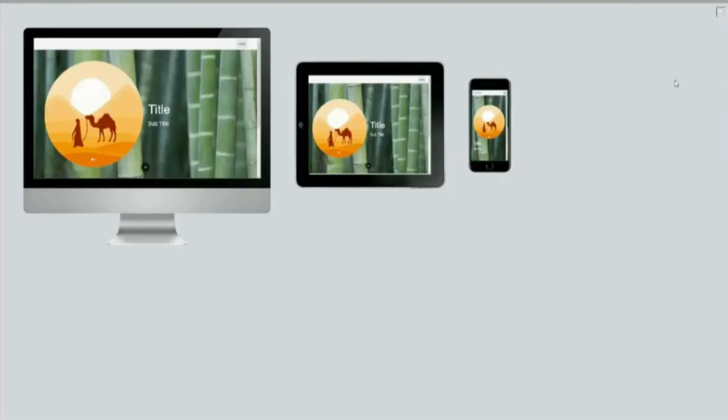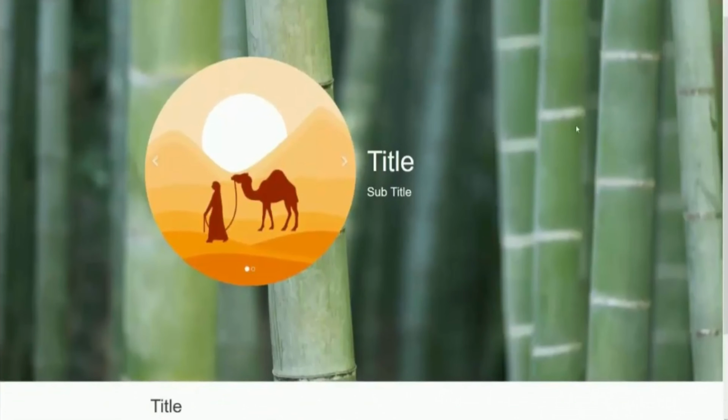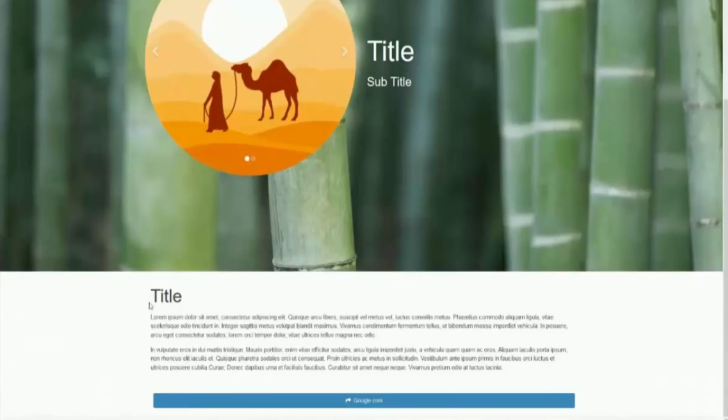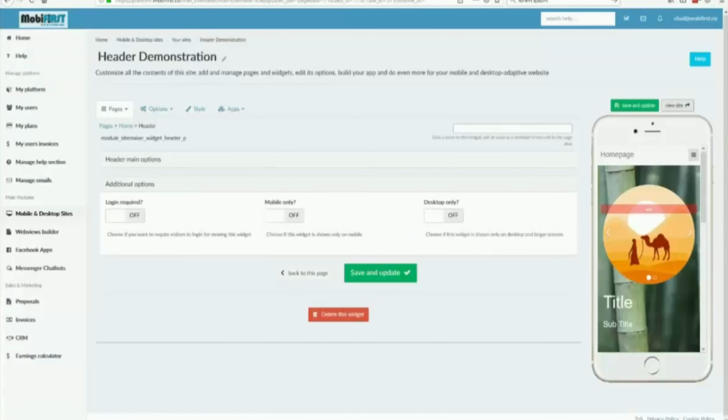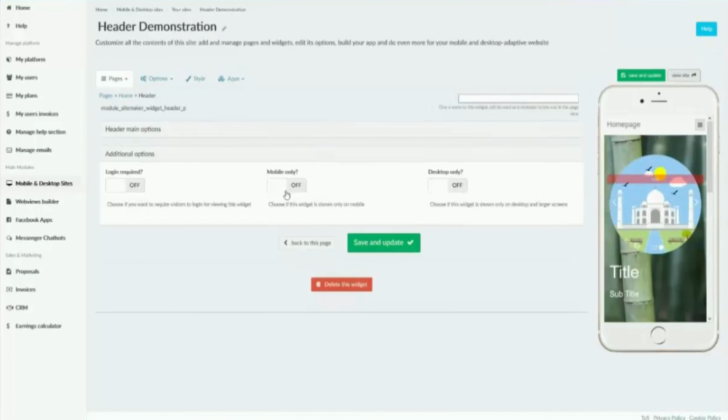So you can see on the larger screen, that bamboo actually is a bigger picture, so you can see more of that picture right here. Whereas on the smaller screen, it's a smaller picture. You can see less of it. So it still works for the small picture, but let's go ahead and give that bigger screen a video instead, which works better on computers usually. So if you go ahead and view the site, you can see it is a much larger picture, and you can see the title and the image right there, or the link. Sorry. So if we go ahead and switch this to mobile only